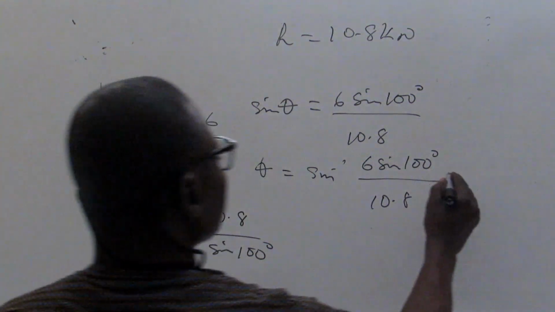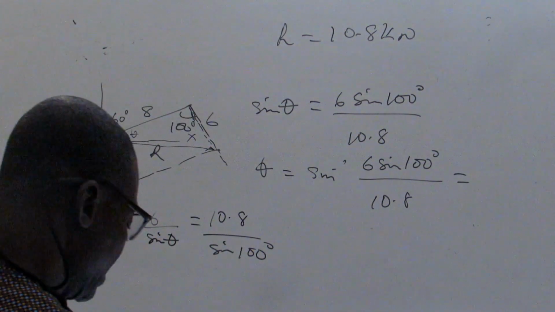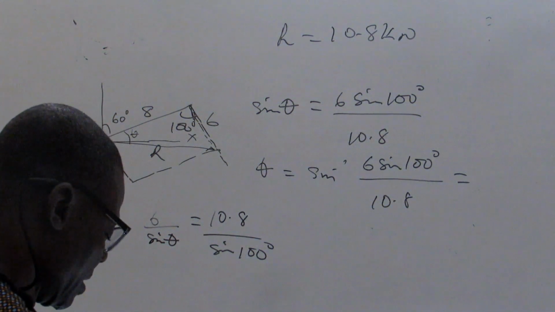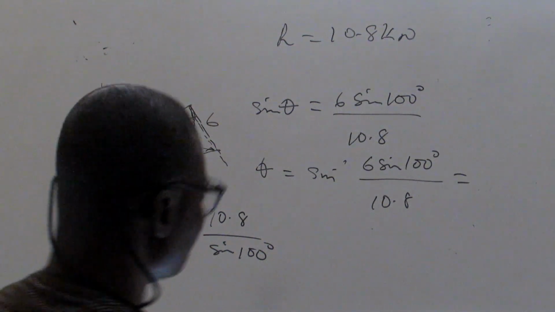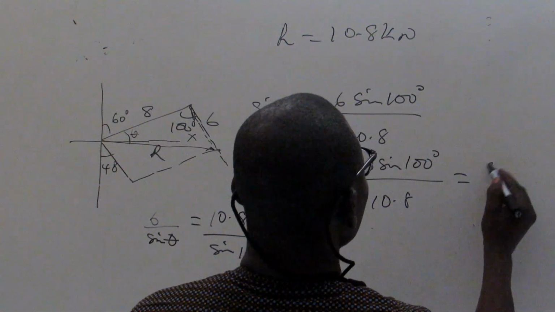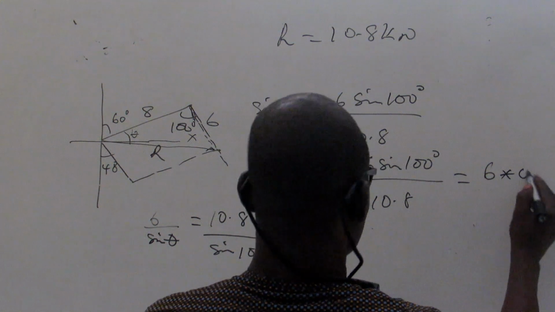So this gives us sine 100 degrees is equal to, we have 6 times